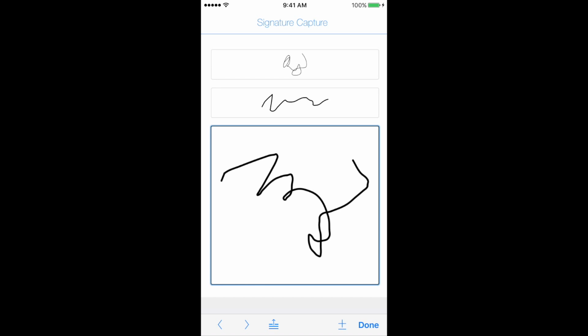So if you're trying to program this script step, and you're noticing that every time you set it to embed, it shows up as a movable overlay instead, simply make your field bigger and it will work. And so these are the 3 new signature capture features in FileMaker Go 16.